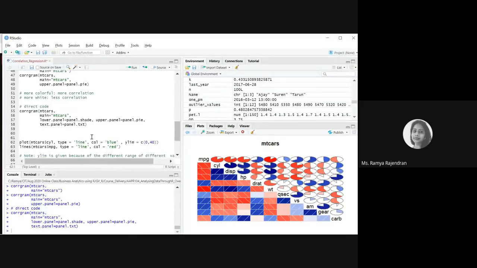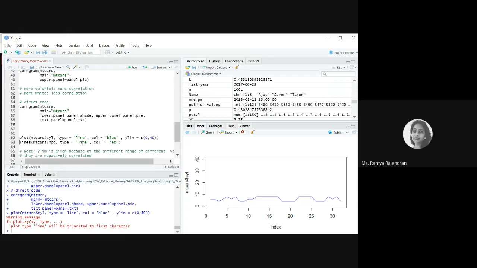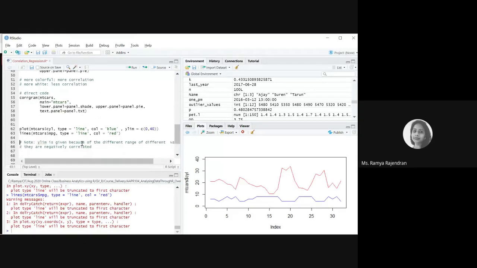Okay, so here I'm trying to create graphs which I have already showed you. But I'm trying to create a correlation line graph. So for that you can just give type equal to l or type equal to line, both serve the same purpose. I'm trying to create a line graph for cylinder, and then I'm trying to create a line graph for MPG.